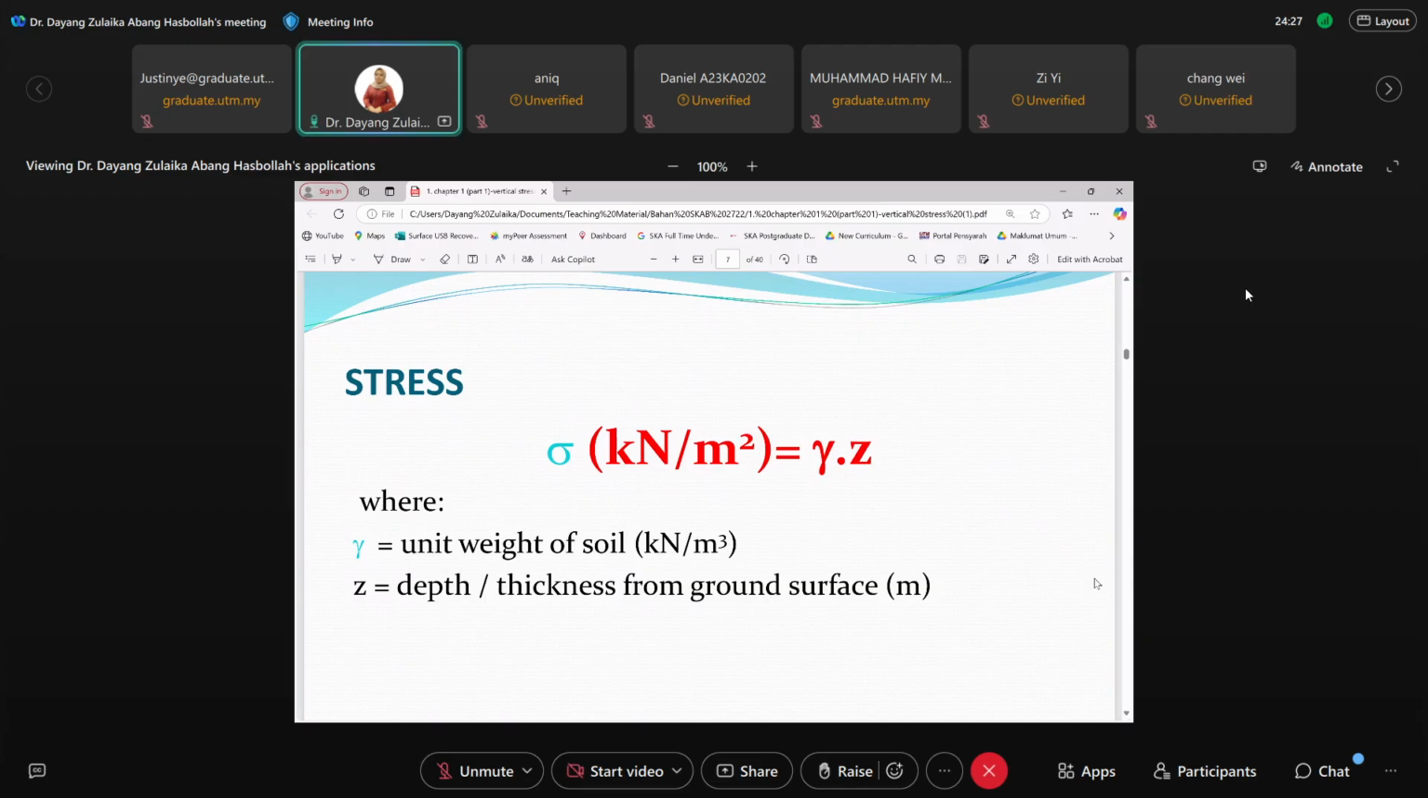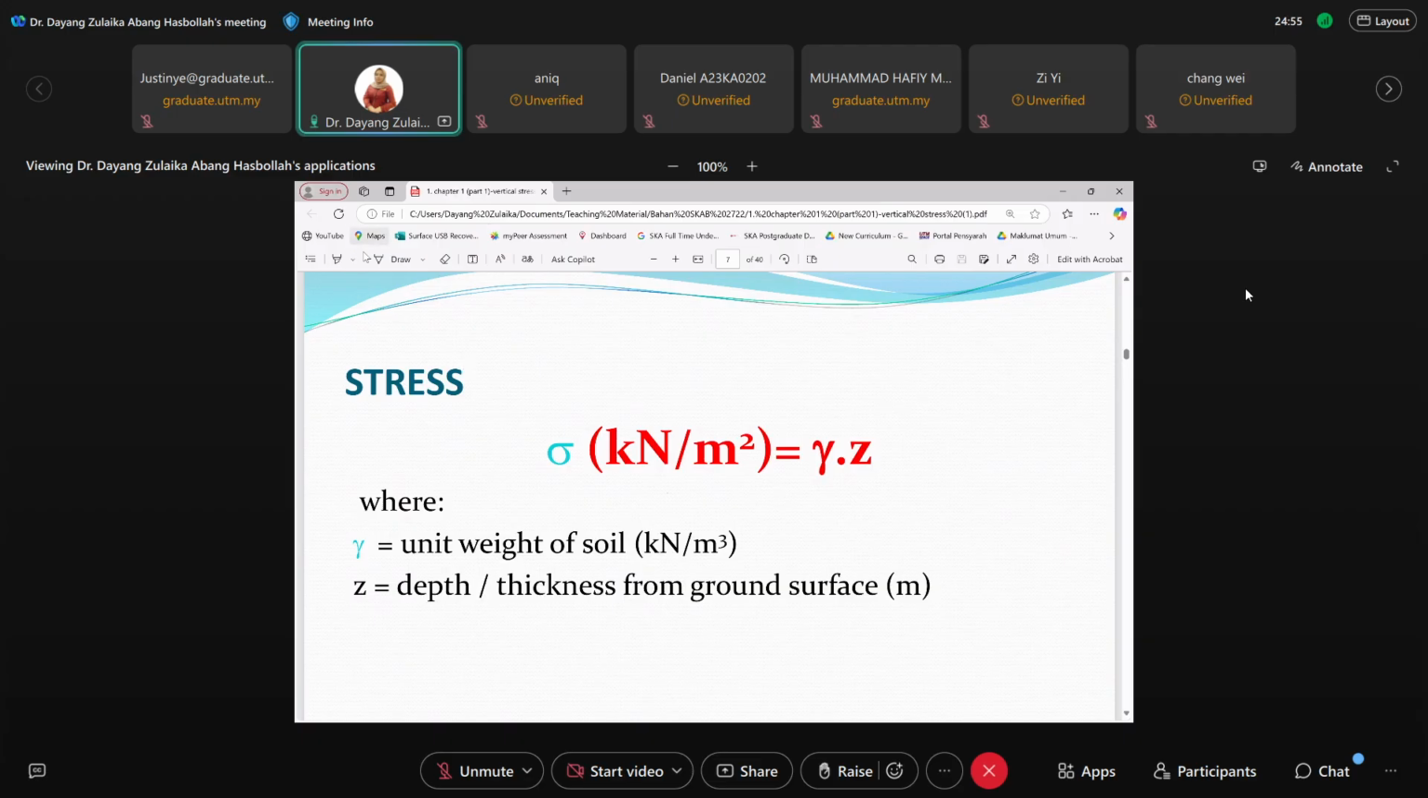Okay, so kalau you guys dah dapat the books, you can turn to page 1, we have some short notes for that. So for stress, what is stress actually? Stress is expressed in terms of total stress and effective stress. Okay, so total stress at any point below the